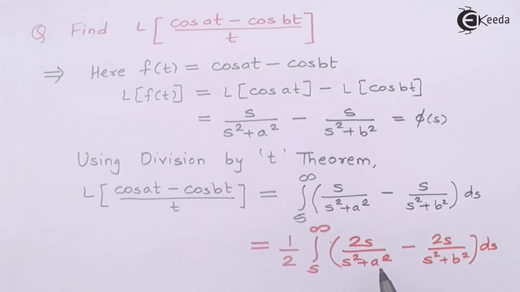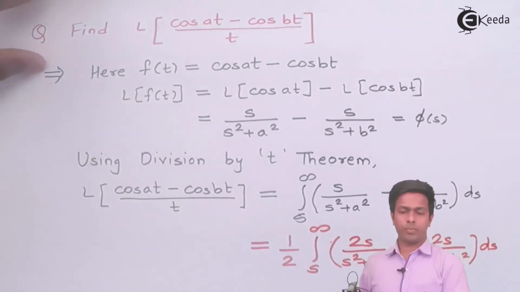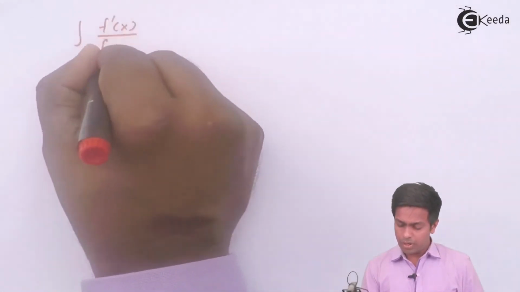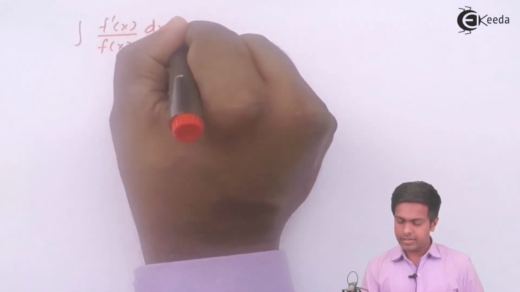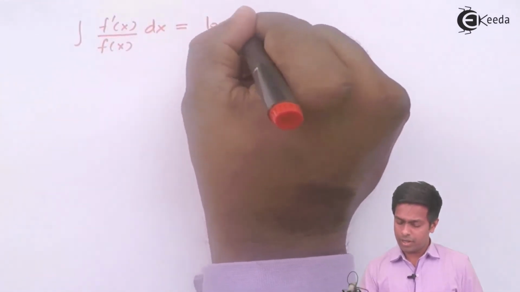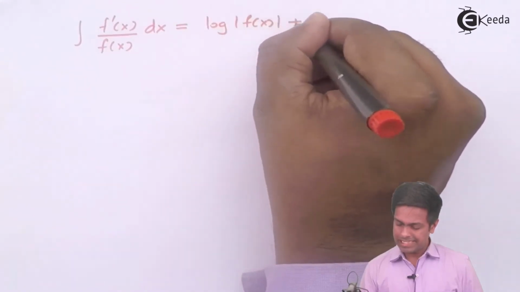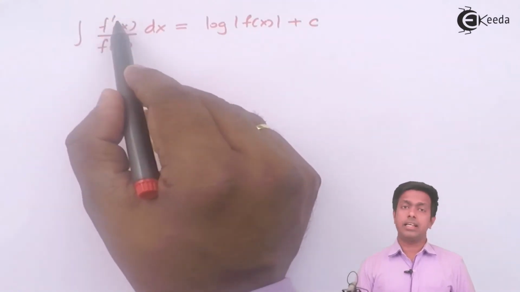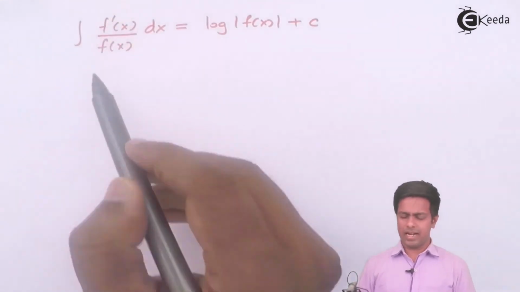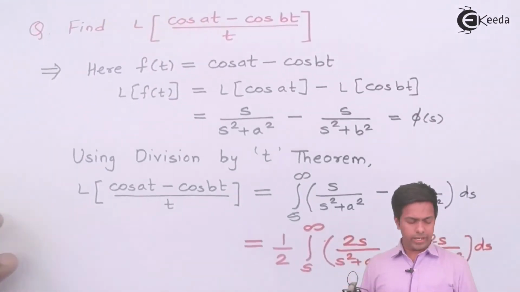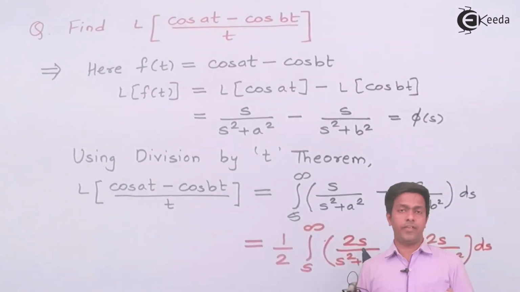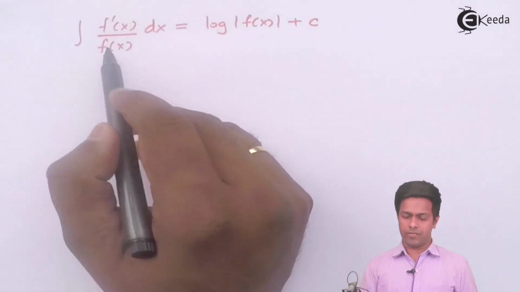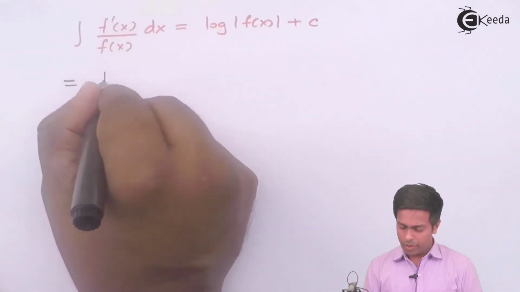So now here I'll apply the property. The property is: the integration of f dash of x upon f of x dx is given by log mod f of x plus c. Here the numerator is the derivative of the denominator, and that thing we have brought here. So 2s, you can observe here, 2s is the derivative of s square plus a square. So this denominator will behave as f of x, and we will get the answer as 1 by 2